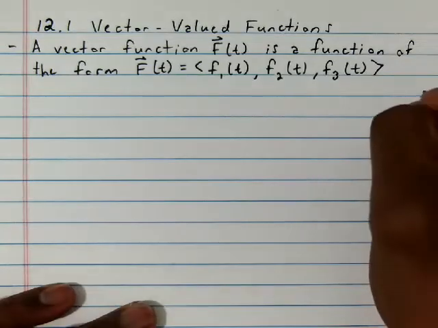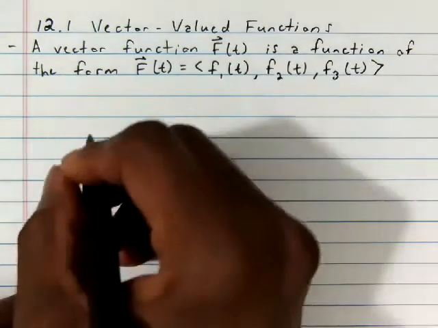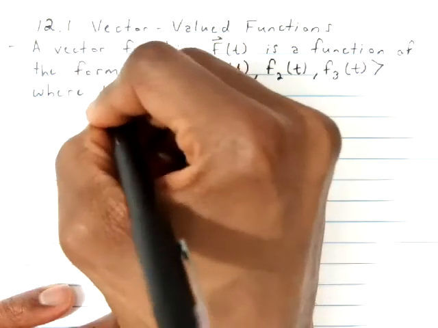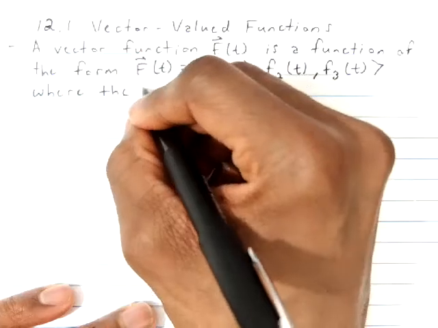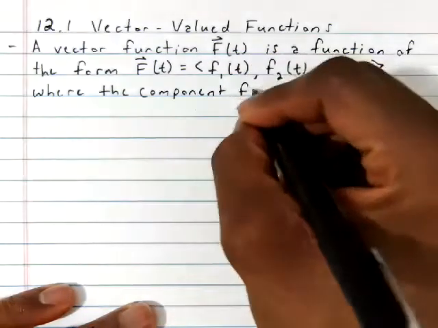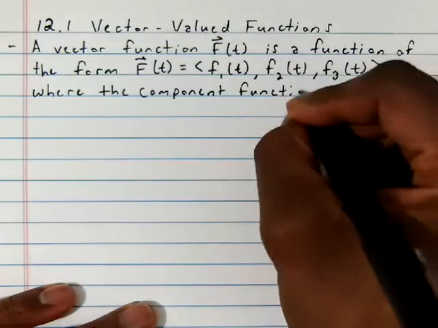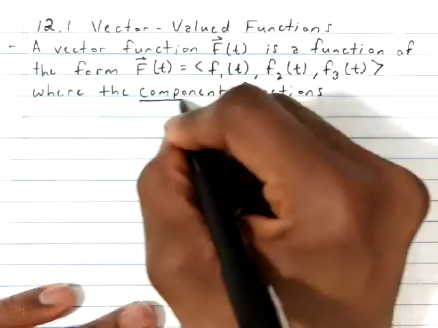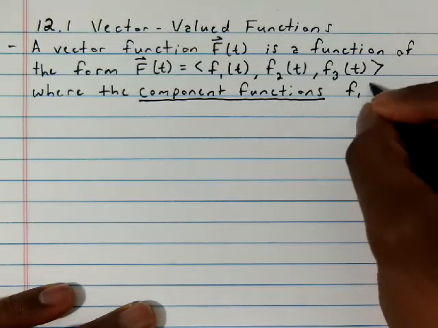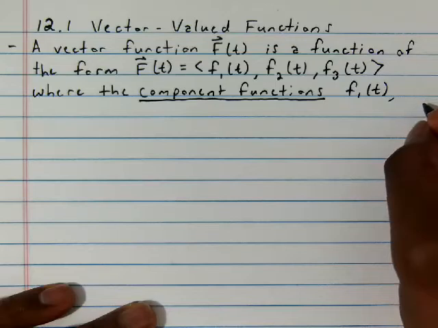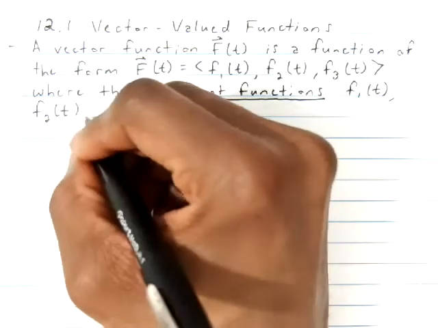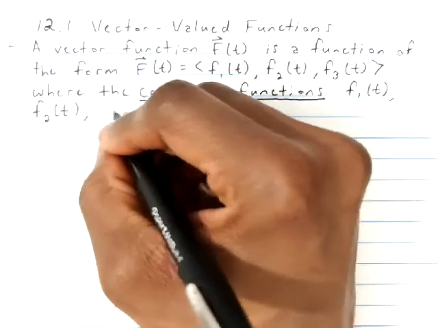Those are the components of our vector, where the component functions f1 of t, f2 of t, and f3 of t